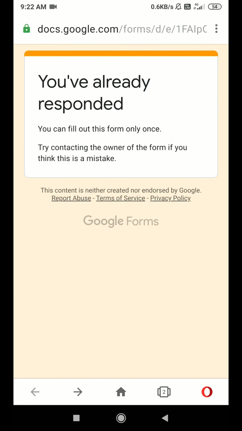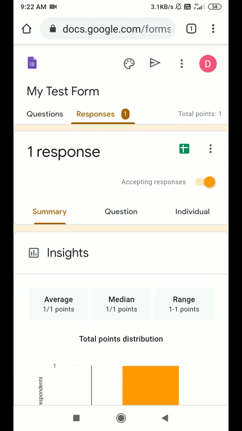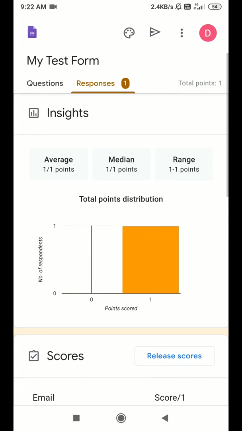Now let's come to the original form and see the responses. In the summary section of the responses, you can see the summary of the answers given by the respondent.